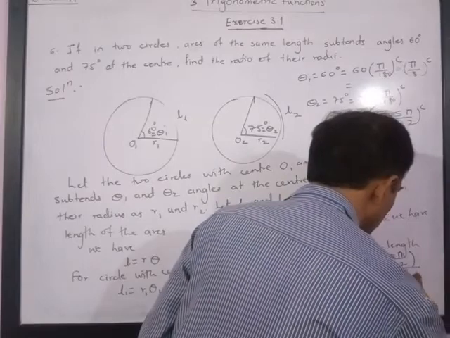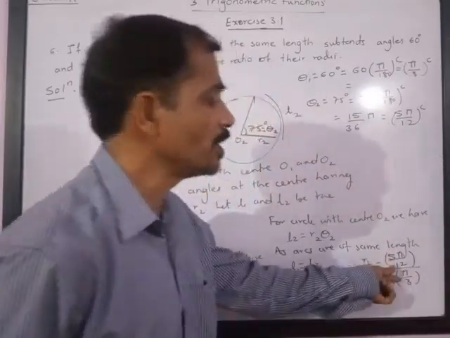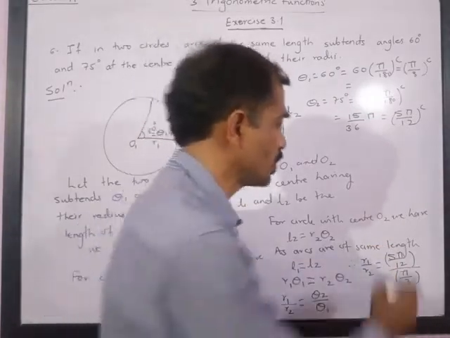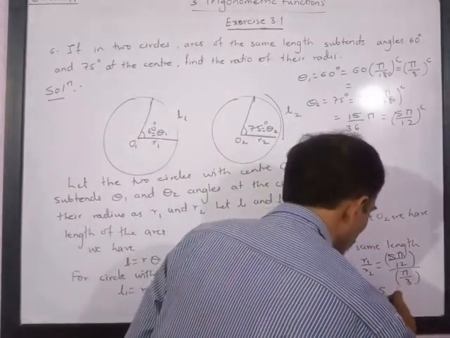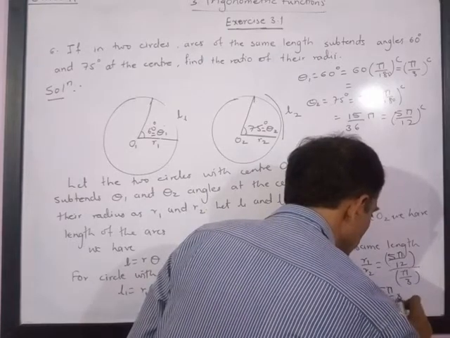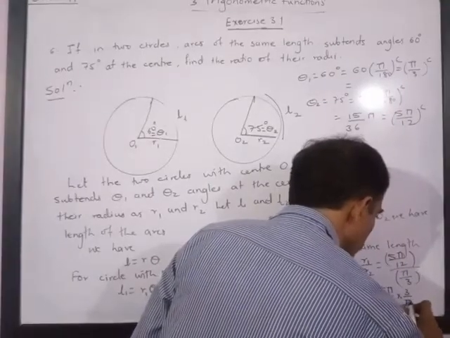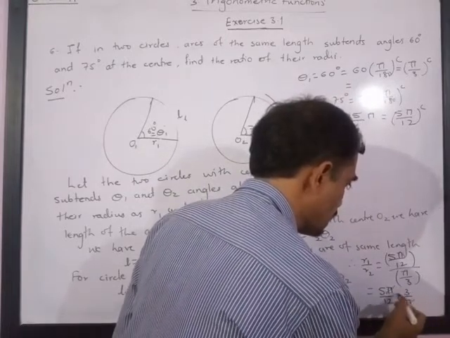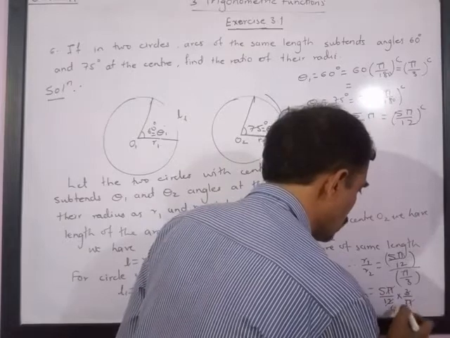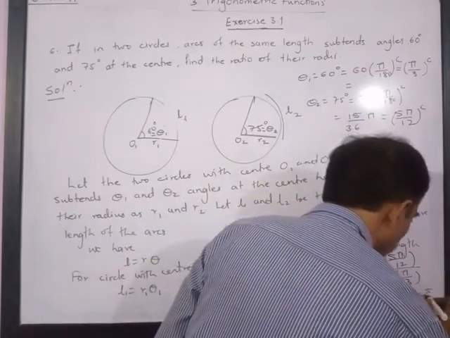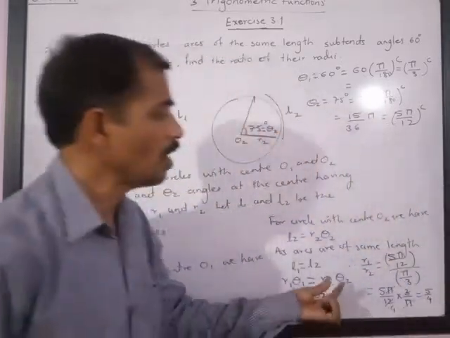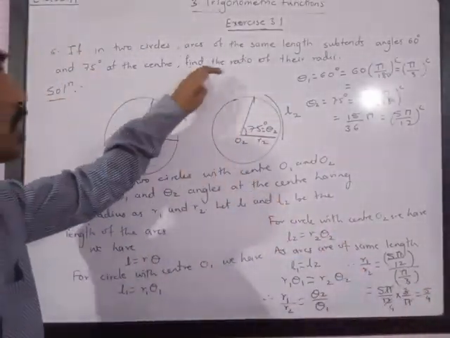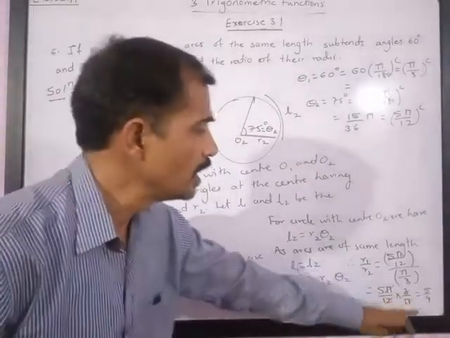Now this is again a fraction upon a fraction, that is, a fraction is at the numerator and a fraction is at the denominator. So this is equal to 5 pi upon 12 multiplied by 3 upon pi. So this is reducible. Pi cancels. 3 4s are 12. So you will get 5 upon 4. Please note, we have got r1 upon r2 is equal to 5 upon 4. It means the ratio of their radii is 5:4.